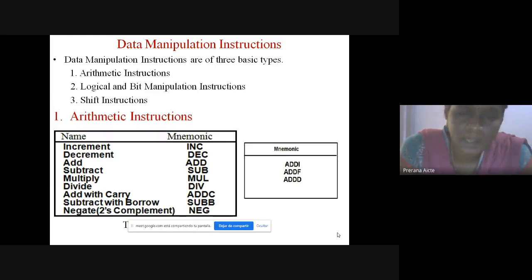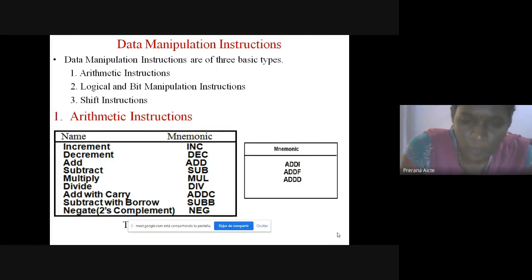Some of the examples for arithmetic instructions: increment adds 1 to the operand. Decrement decrements the operand by 1. Add performs the addition. Sub performs the subtraction. Mul performs the multiplication. Div performs the division operation.